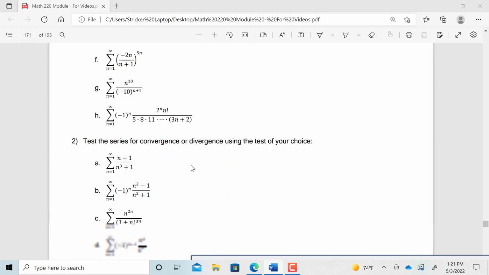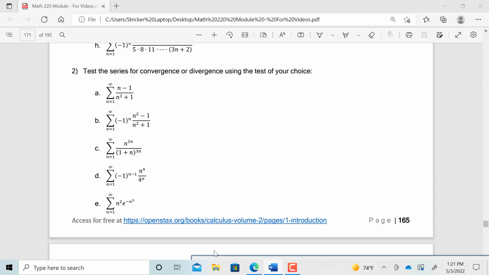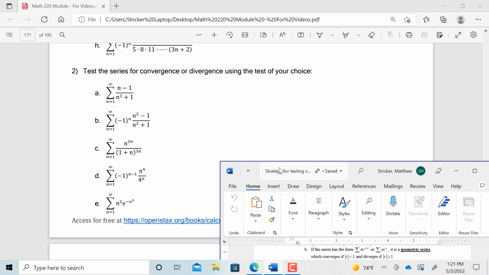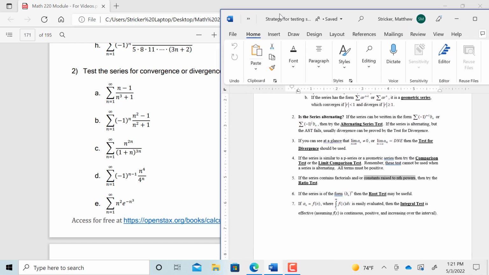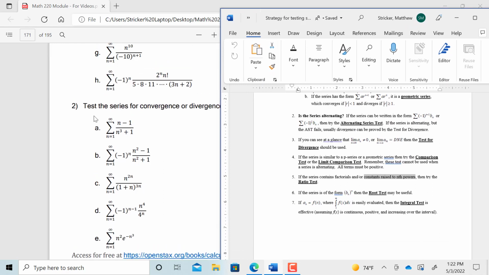But what I want to do is look at the problems from question 2 on the 5.6 lab, because we did not do those. Those were not assigned as part of the lab. And so let's go ahead and take a look at those now. So if I'm looking at part A,